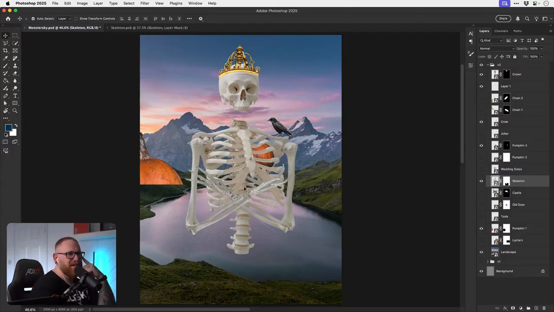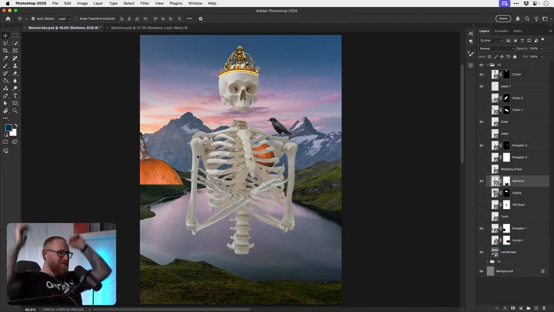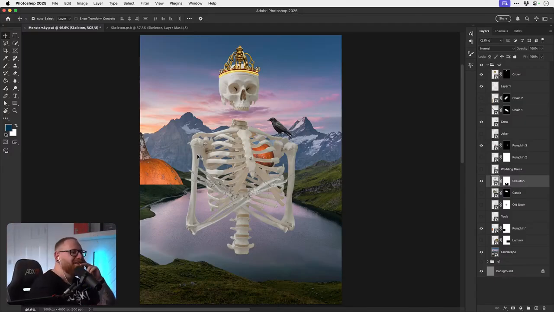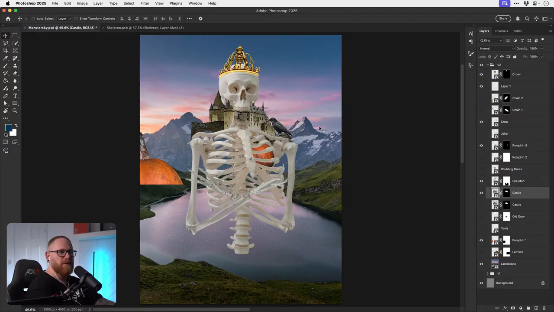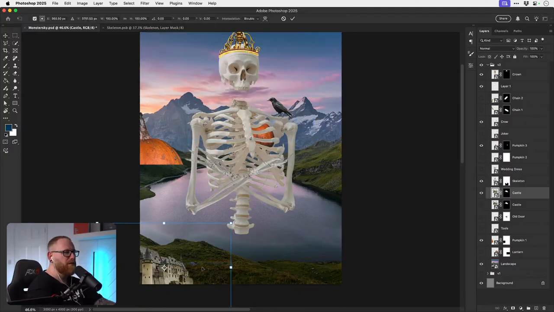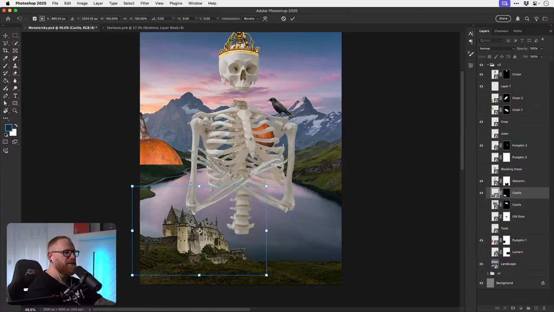And what about his hands? Are we having him tied up, or are we going to make his hands wave around? I've got no idea. I need a pose. What sort of pose are we going to do? And are we going to have a castle in the background? We could also have the angle work. Little castle down here. I don't know if the angle's going to work. I think it's going to look weird.